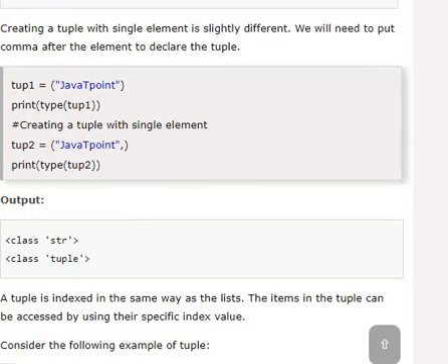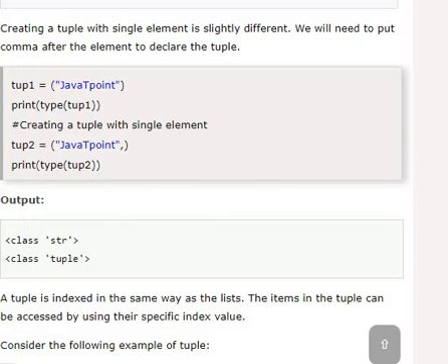Look at the example clearly. tup1 is equal to 'java t point' and print type tup1, and tup2 is equal to 'java t point' comma and print type tup2. Observe the output clearly. The first one is treated as a string and the second one is treated as a tuple.